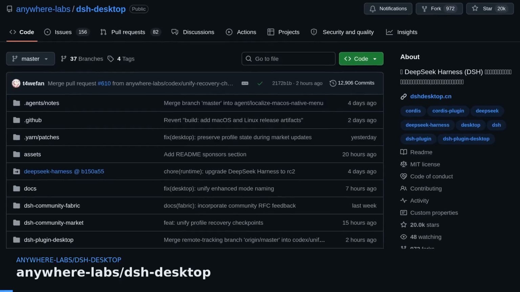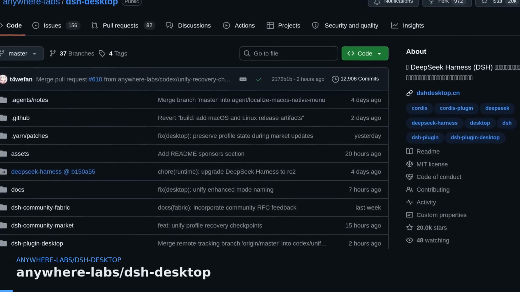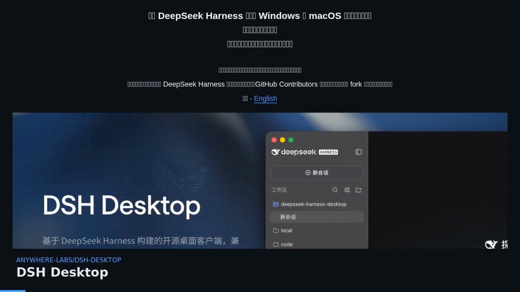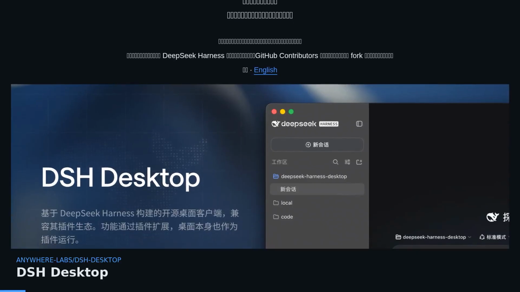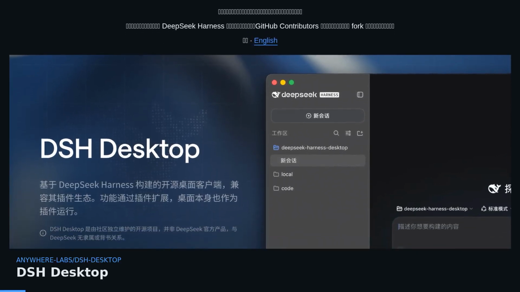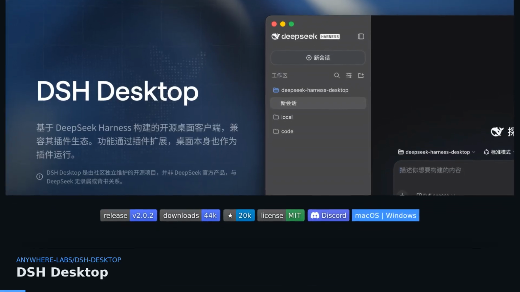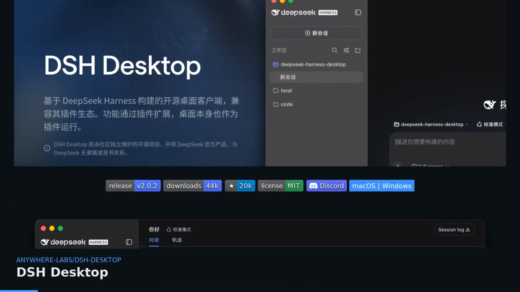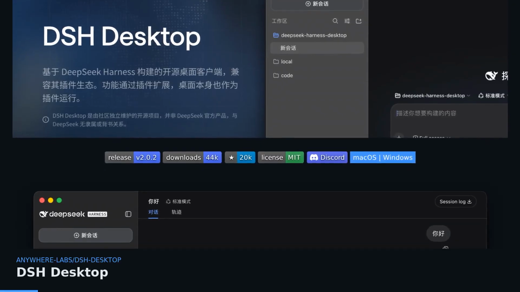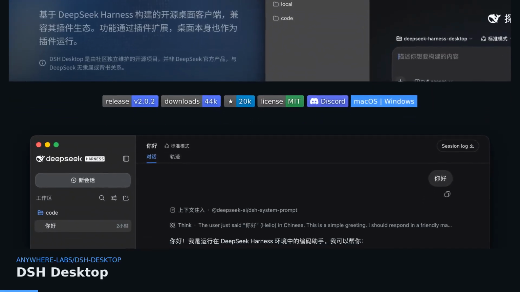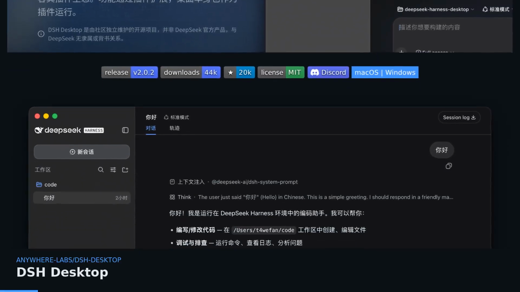What problem does this repository solve, and who is it for? DSH Desktop is a desktop client built for DeepSeek Harness, a plugin-driven platform. It brings the web UI, host service, and plugin system of DeepSeek Harness into a native desktop application. The main audience is developers and users who want to use DeepSeek Harness without setting up a local environment, like